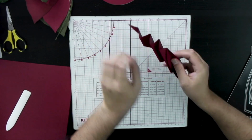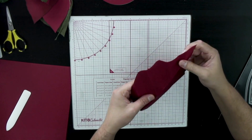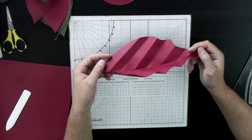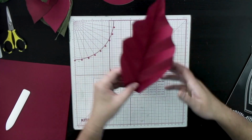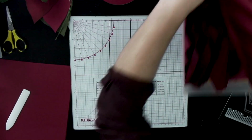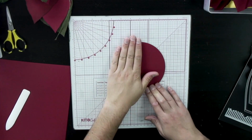So as I open this up, we actually have our petal in this beautiful sort of zigzag shape, which just sort of imitates and really sort of embodies what the poinsettia leaves look like. So I've gone ahead and cut loads of these because I'm going to really have some fun here and put them all together. So what you want to do is take that disc that we started off with, okay, and